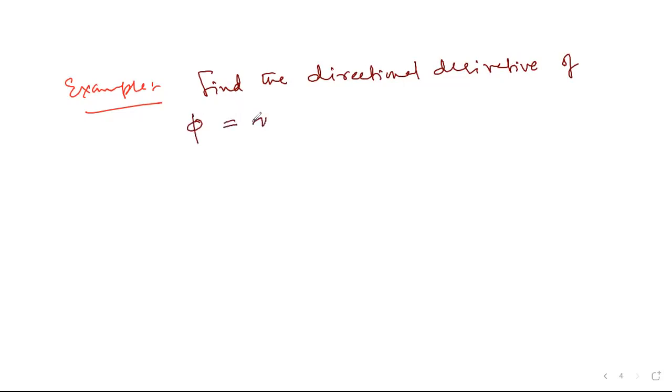It says find the directional derivative of phi. Let me write it downstairs. Phi equals x square y plus xz